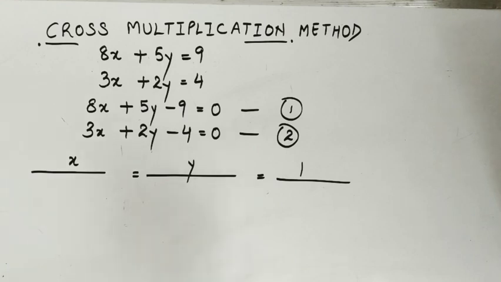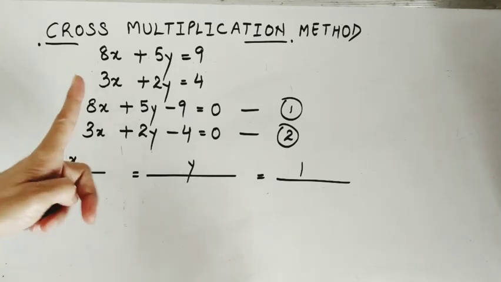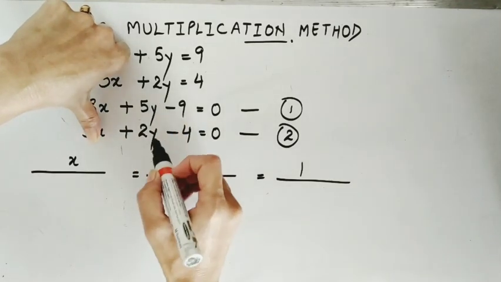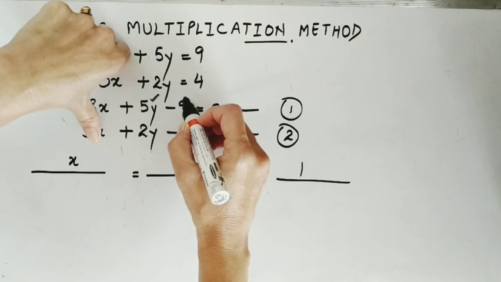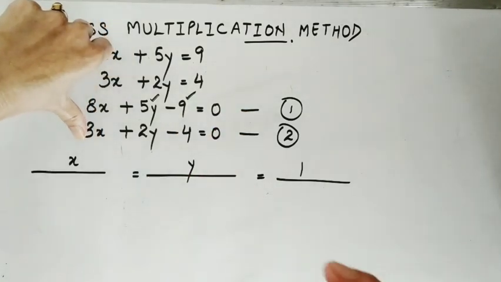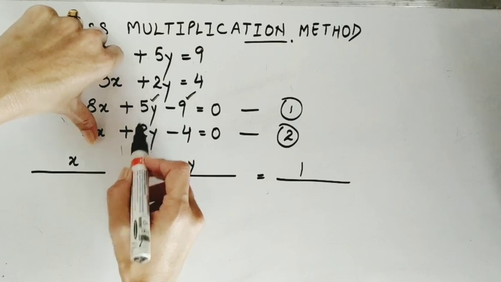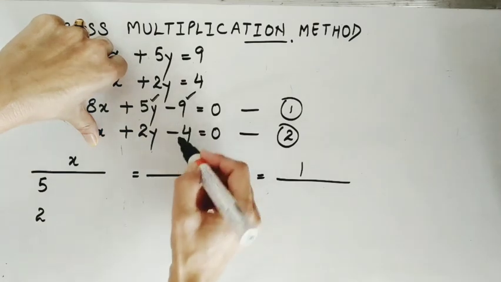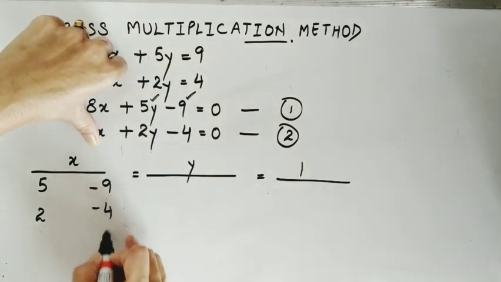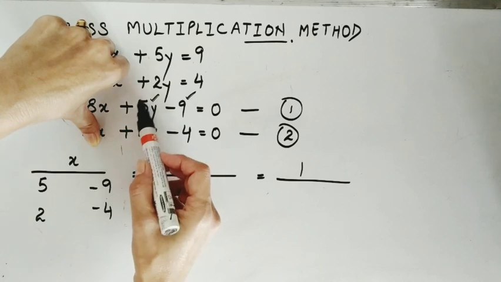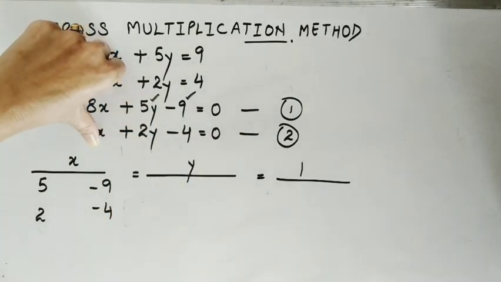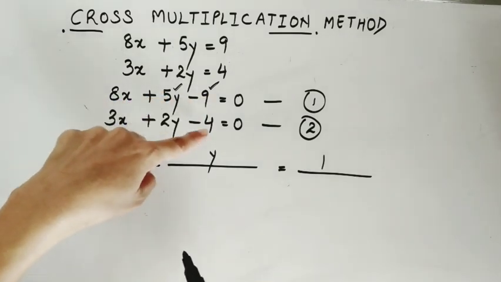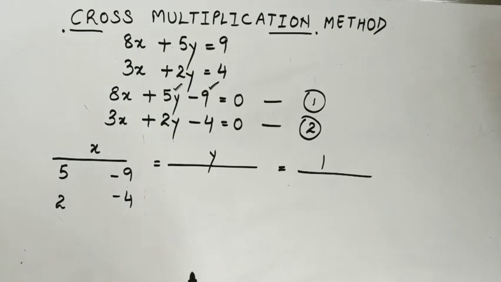It's very important. When you are writing for x, you need to just hide this x. Okay? Hide x. Write whatever we have for variable y and the constant. I'm talking about numerical coefficients. So below x we would be writing 5, 2, then minus 9, minus 4. Okay. So for y and the constant below x. So x is done. 5, 2, minus 9, minus 4. Below x, this is what we would be writing.